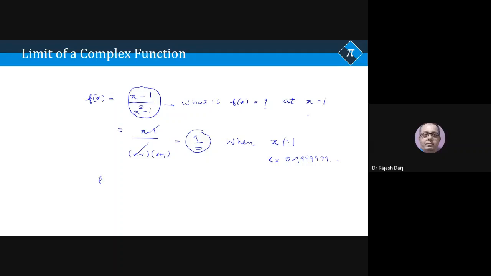इसी तरह से एक स्टैंडर्ड प्रॉब्लम भी है हमारे पास कि value of sin x upon x at x equal to 0 does not exist. It becomes 0 by 0. But when you take x closer and closer to 0, then the value of the function is moving closer and closer to 1. So this one is called limit of the function.